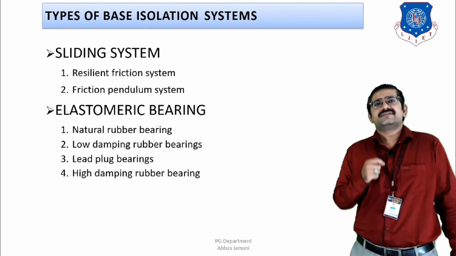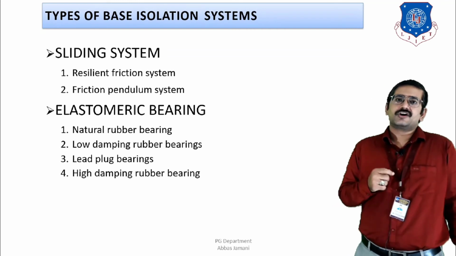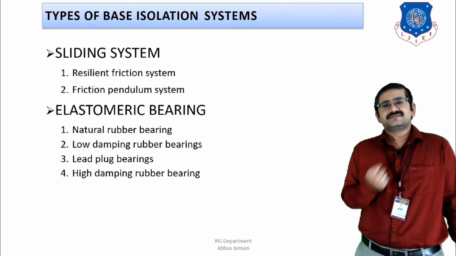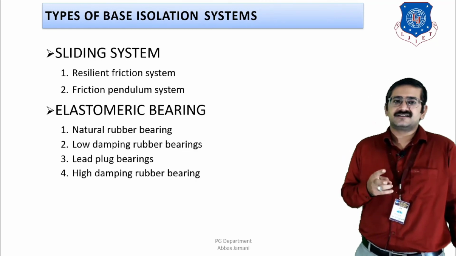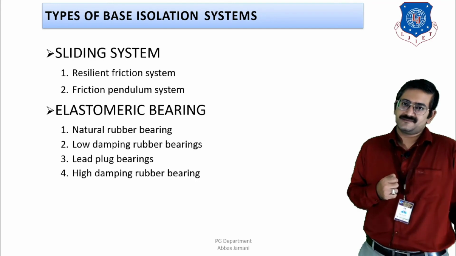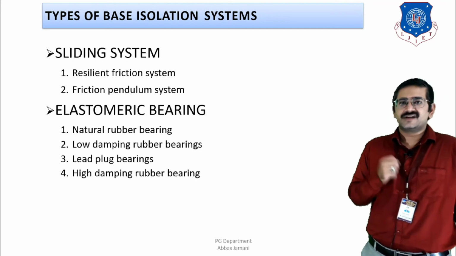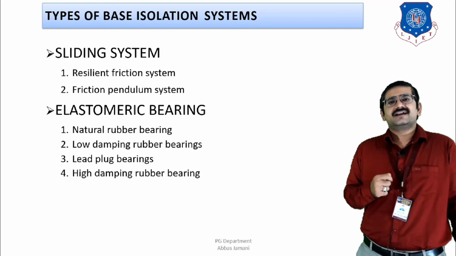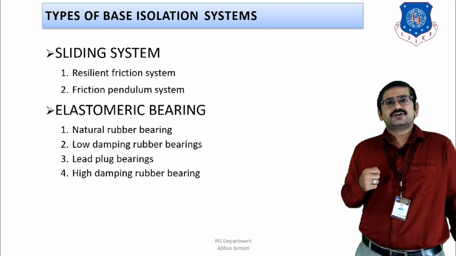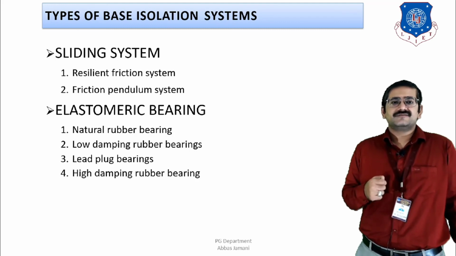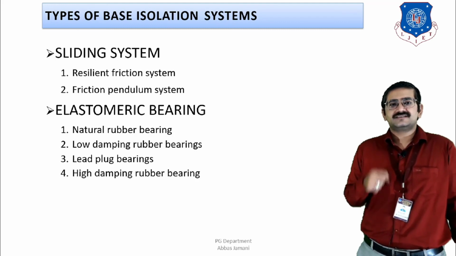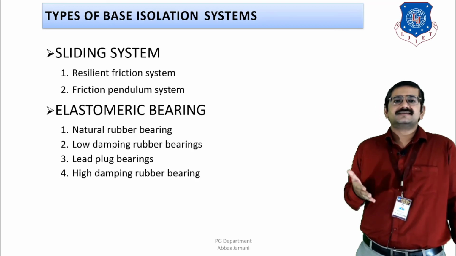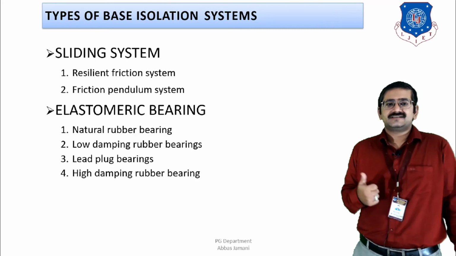And lastly, before we end today's session, we talk about the different types of base isolation systems. Basically two types of system are there. First is known as the sliding system, second is known as the elastomeric system. When I talk about the sliding system, two categories are there: first the resilient friction system and second the friction pendulum system. In the elastomeric system, you have the bearing systems where you have the natural rubber bearings, then low damping rubber bearings, the third is lead plug bearings, and last is high